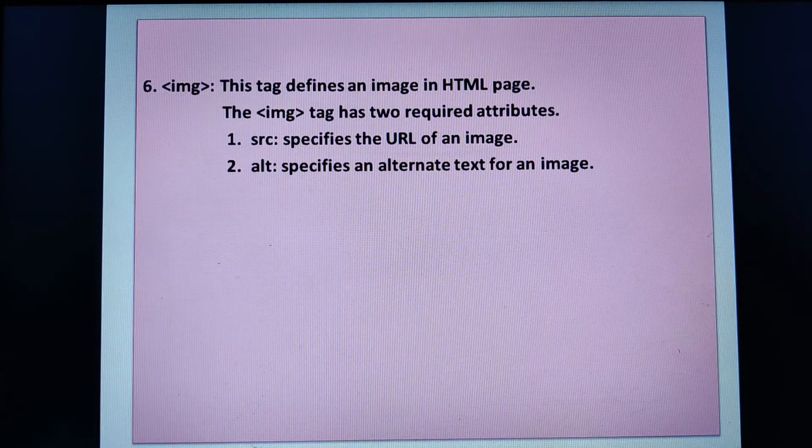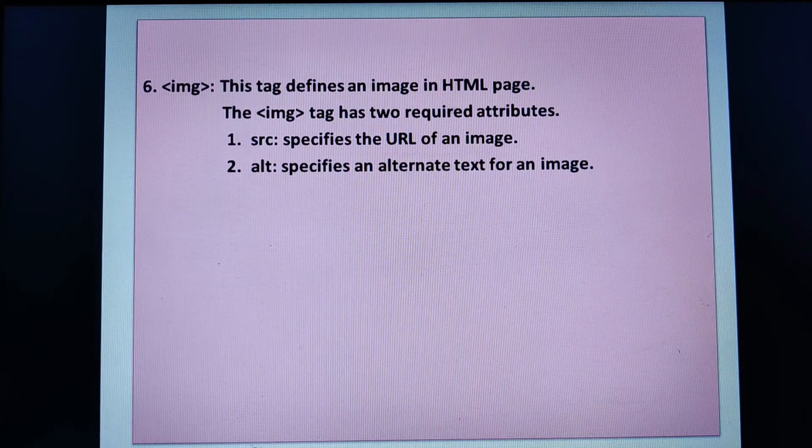That means the path. Suppose you have an image in your computer system and you want that image to appear on your web page or web document, then you need to specify the path where that image is in your computer system, whether in D drive, in the sample pictures, with a certain picture name. That entire path you need to give. Or else you may even fetch the image from a website. Wherever the image is placed, you need to give a specific path from where it has to fetch your image. That is the source.